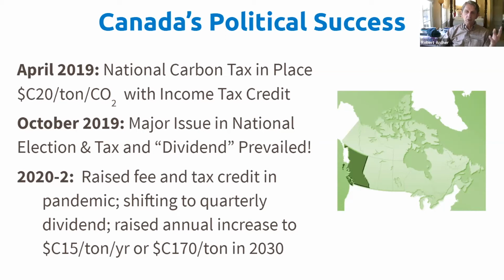And third, in 2021, the Supreme Court upheld the carbon tax. Fourth, the Conservative Party came out in favor of it, against it, partly in favor of it, and they're in turmoil fighting over the policy. And very importantly, finally, Canada will shift to a quarterly check in the mail this year, a true dividend, because people were unaware of a tax credit on their tax form. And I think a good deal of the credit goes to CCL Canada on getting that point across.